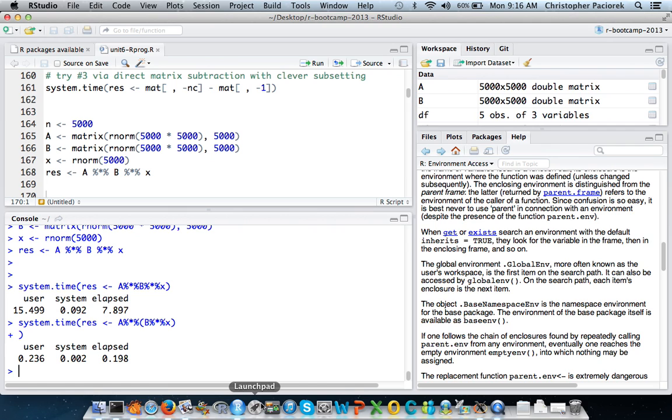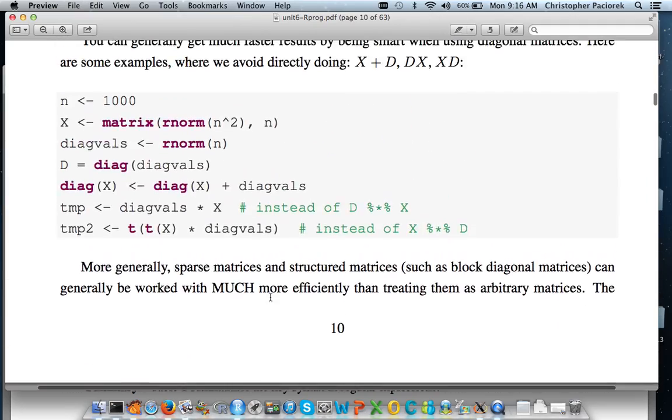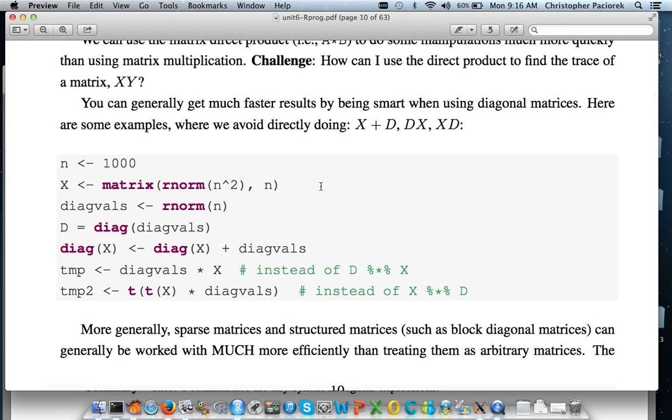Similarly, I'm not going to say too much about this, but oftentimes we end up working with the diagonal of a matrix when we're doing various kinds of statistical or computational calculations. And so in R and in other languages, there's functionality for just working with the diagonal. So for example, if I had a matrix X and I just wanted to modify the diagonal, it's going to be a lot more efficient to use the diag function and just modify the diagonal